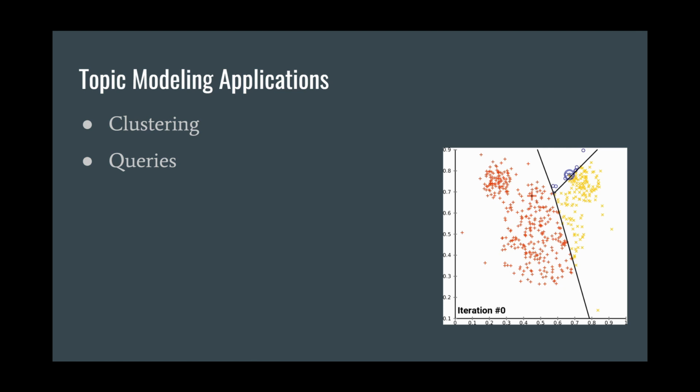As we mentioned earlier, one common application of topic modeling is to cluster different documents together, which in and of itself has many real-world applications. Topic modeling can also be used to aid queries. In this process, the topic of the query is determined using our previous model, and then the Jensen-Shannon divergence, a statistical measure of similarity between two distributions, was used to determine the top 3 articles relevant to the query.